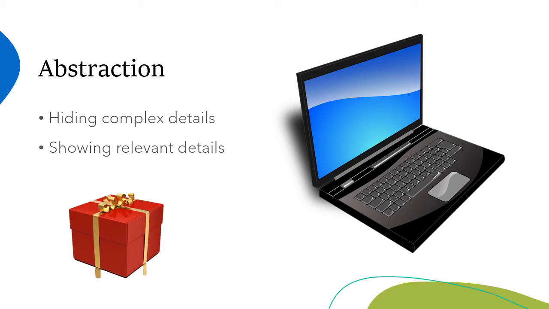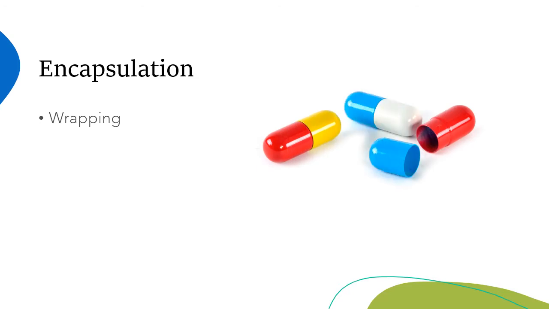But there are few things which are shown to us. So what is shown to us? That is something which is relevant to us. So it is not showing those complex things, to make it more simple for the user, right? So this is called abstraction. Then we have encapsulation. Encapsulation is the wrapping of the things, right? So like for example, this term is actually coined from capsule. Now you know that inside the capsule, your medicine is hidden, right? You don't see that medicine which is kept inside the capsule.